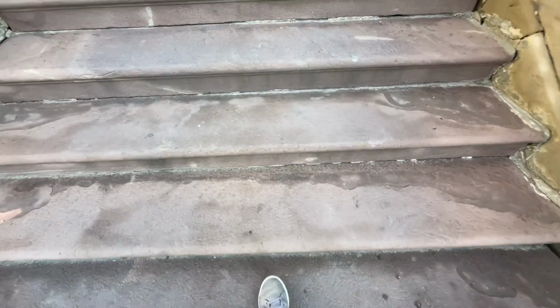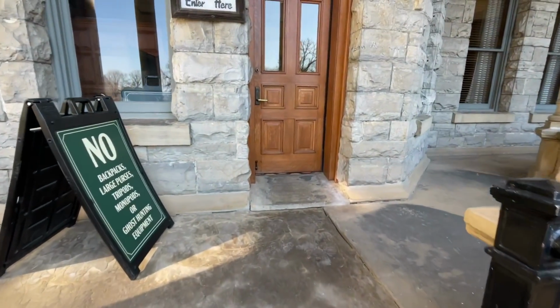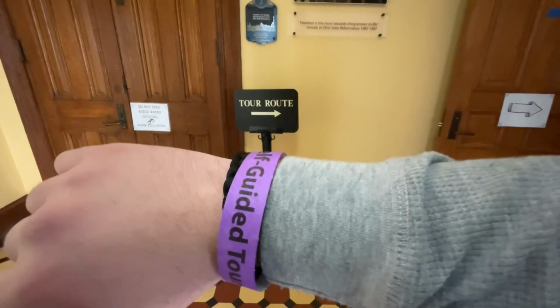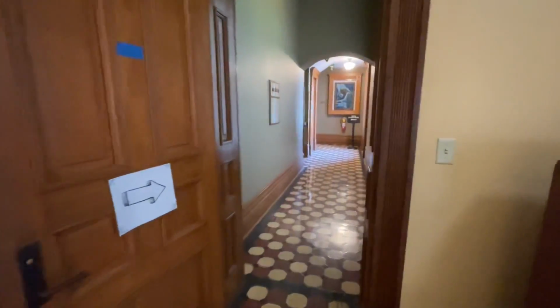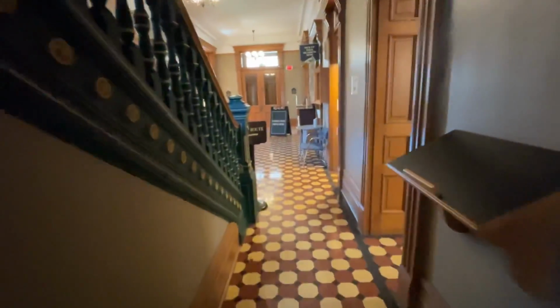Up the front steps we go. I'm gonna go inside, purchase our ticket, and we're gonna be on our way. So I have my self-guided tour wristband here, and we're about to start the tour. And I'm pretty much by myself. This should be fun. The tour starts this way. We're gonna go into a little bit of a museum area where it shows the